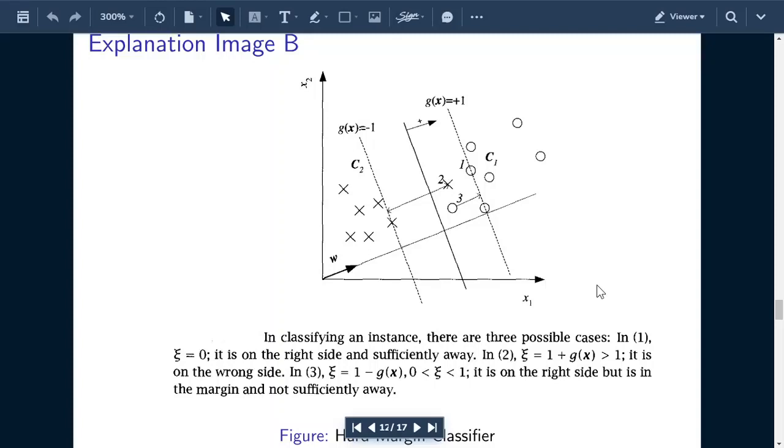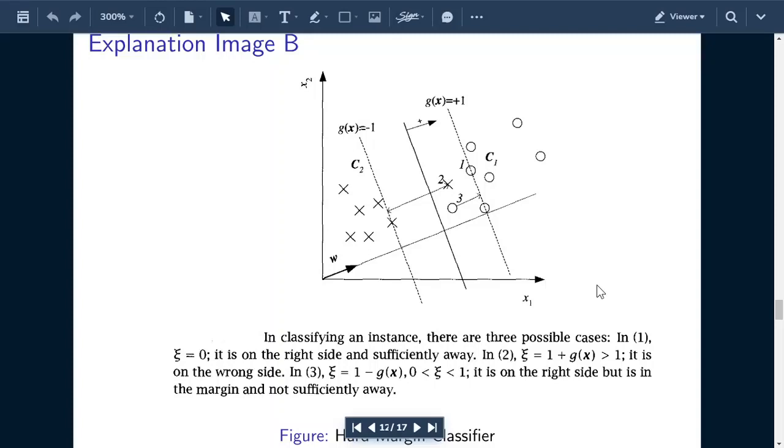Now for all the points which are on the right side of the margin, correct side of the margin, we can say that the slack variable for them should be 0, because I should not penalize it. What exactly is slack variable? I am designing this slack variable so as to penalize the instance. If the instance is already on the right side, then there is no point in penalizing that, correct? So all the crosses which are on the right side of the margin and all the circles which are on the correct side of the margin, I should not penalize them. For all those instances, s or the slack variable should be 0.